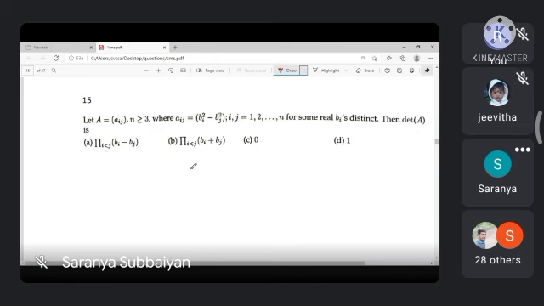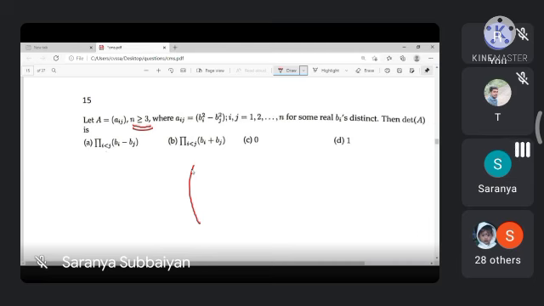Okay, shall I explain? So the hint is A equals Aij, an n by n matrix with n greater than or equal to 3, where Aij is equal to bi squared minus bj squared, with real bi distinct. Then the determinant of A is asked. The hint is n greater than or equal to 3, so you can take any 3 by 3 matrix.